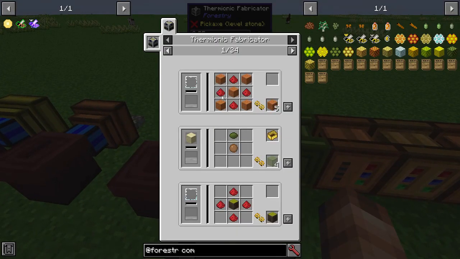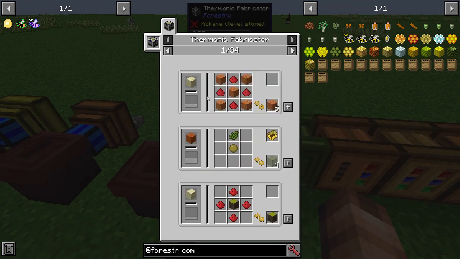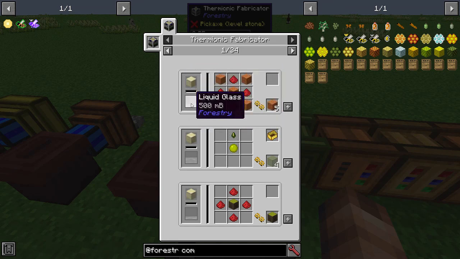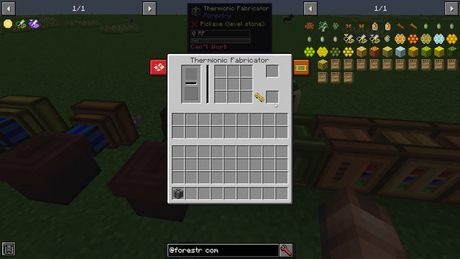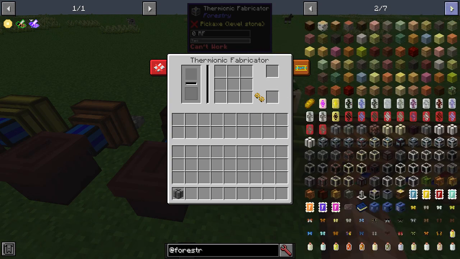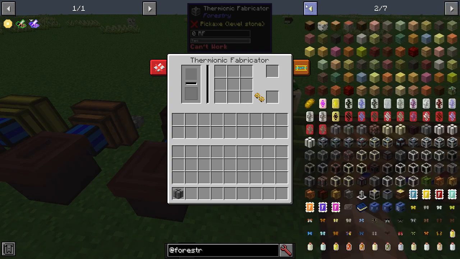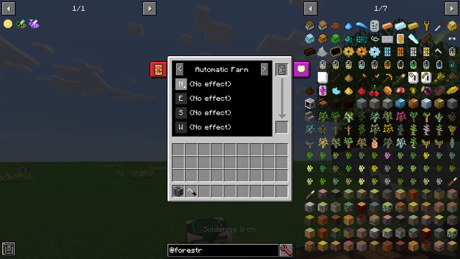So the electron tubes are made in the Thermionic Fabricator, and the Thermionic Fabricator works by, if you give it power, it will heat up, it will then melt down sand or glass into liquid glass, and then it will use this with this recipe, and you need to put in the recipe and the items here. It will make the electron tubes, and then if you take out a soldering iron, you can take